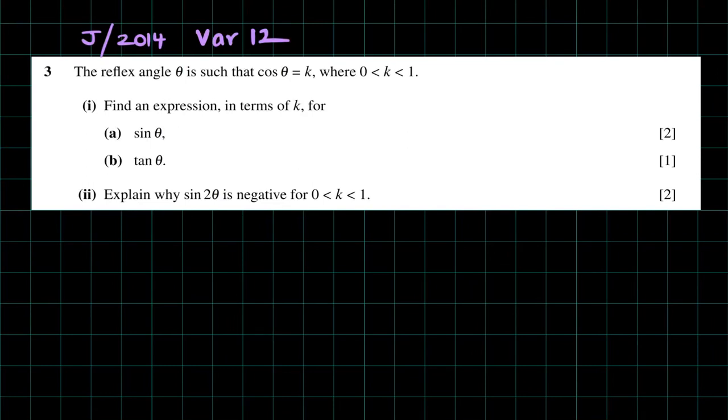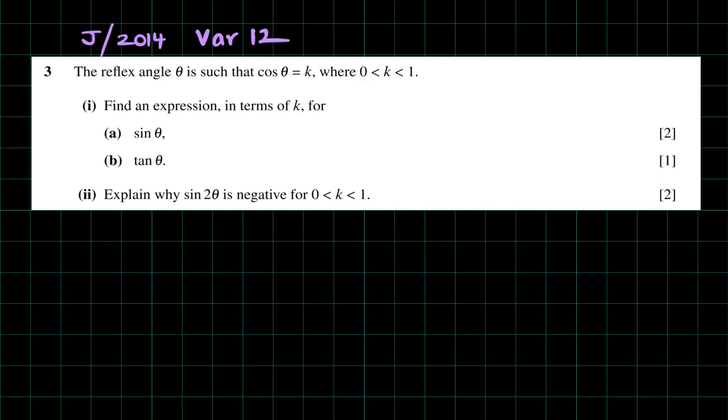Hello everyone. Let's look at this question. This is from June 2014, variant 1-2. The question says the reflex angle theta is such that cosine of theta is k, where k lies between 0